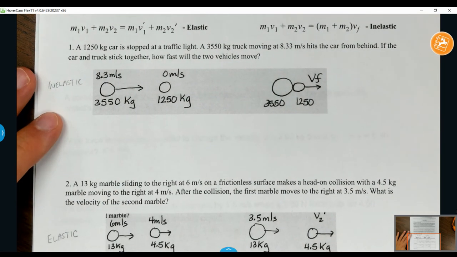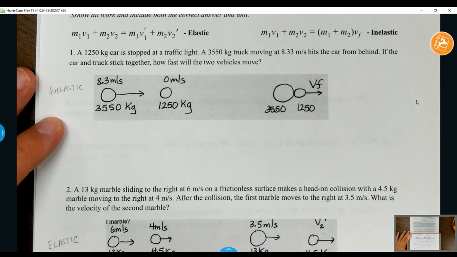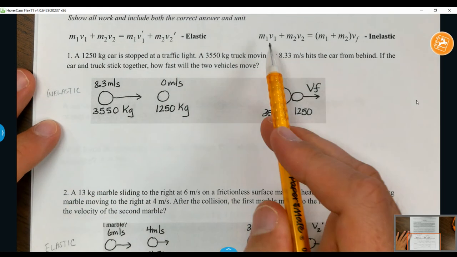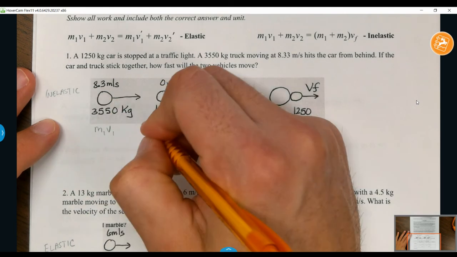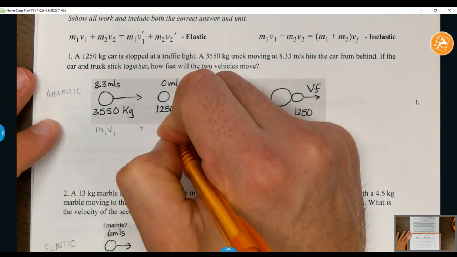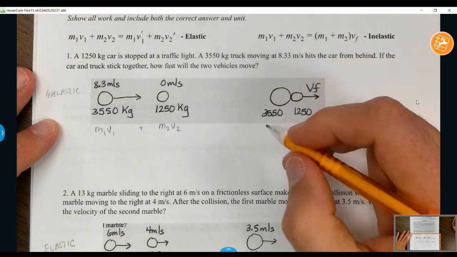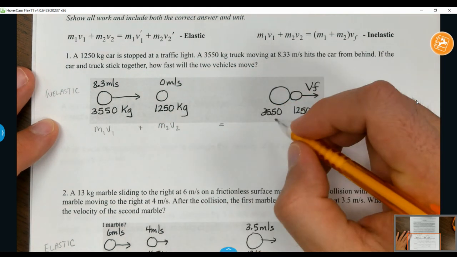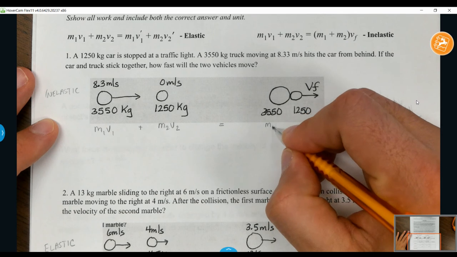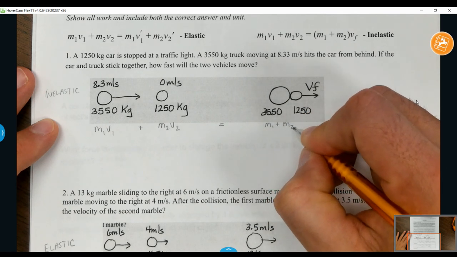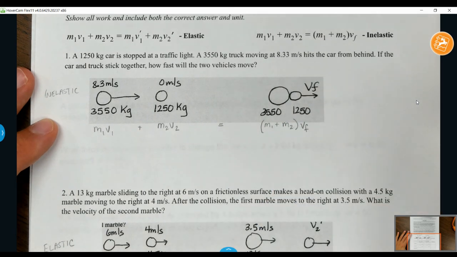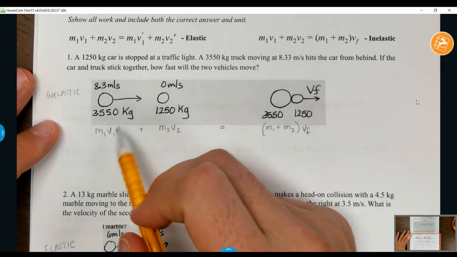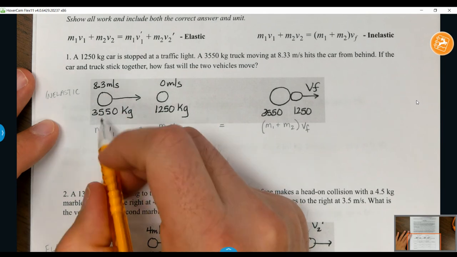So when you know what the equation is, write the equation underneath it. So we're looking at the inelastic equation. So you got M1V1 plus M2V2 equals M1 plus M2 times VF. Now, once you do that, guys, you're putting everybody in the right spots. Mass the first guy